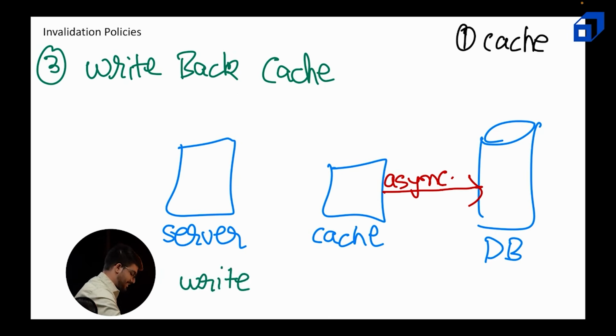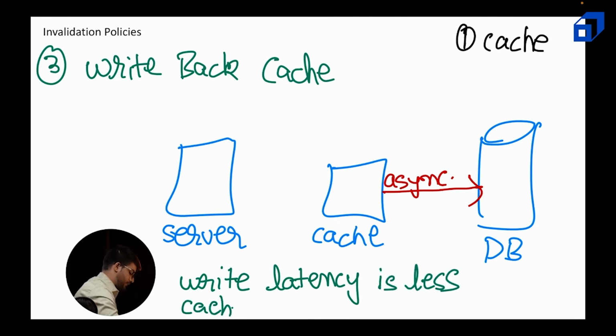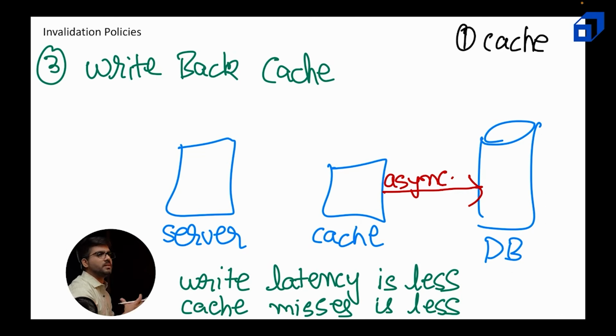Write latency is less, and cache misses are also less because the information is present in the cache itself. We are not going to fetch it back from the database in case our read pattern is such that we are going to access the recently written data. So both of these are less. Now you might be wondering, if this is the best of both the worlds, why not just use this particular